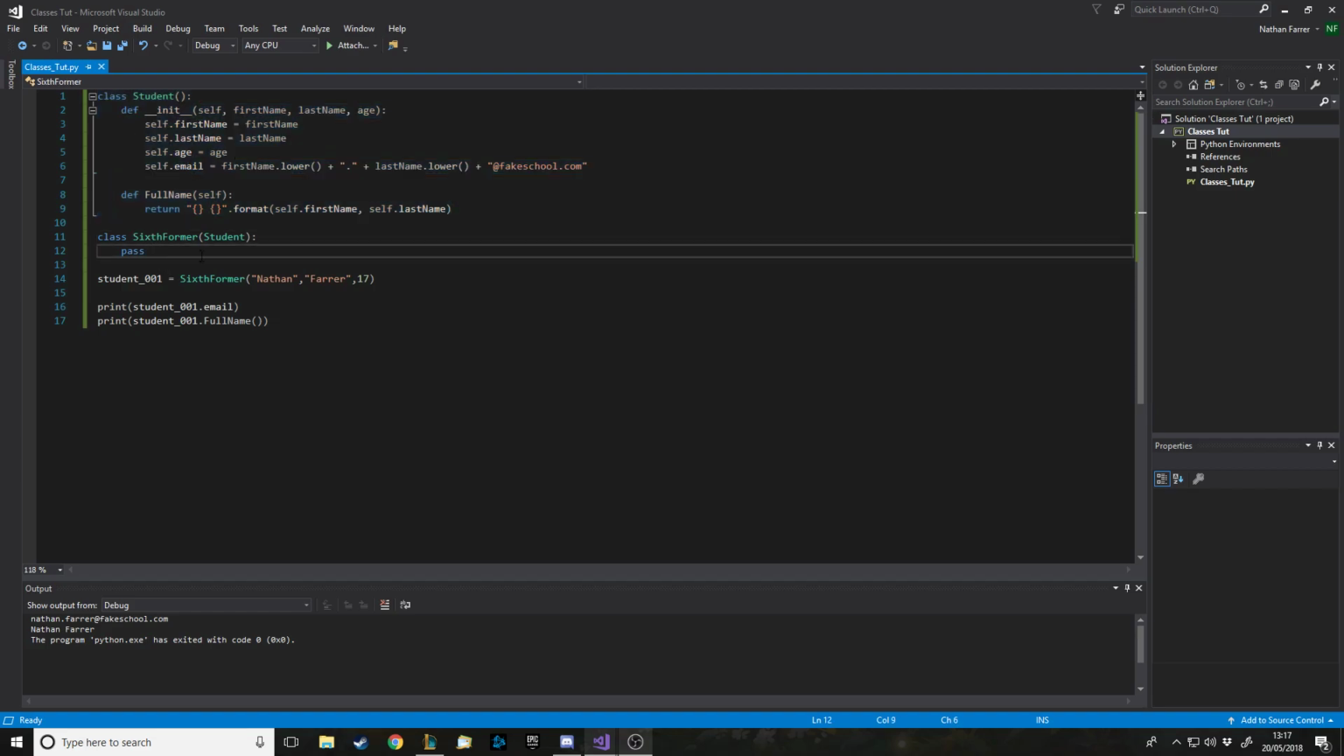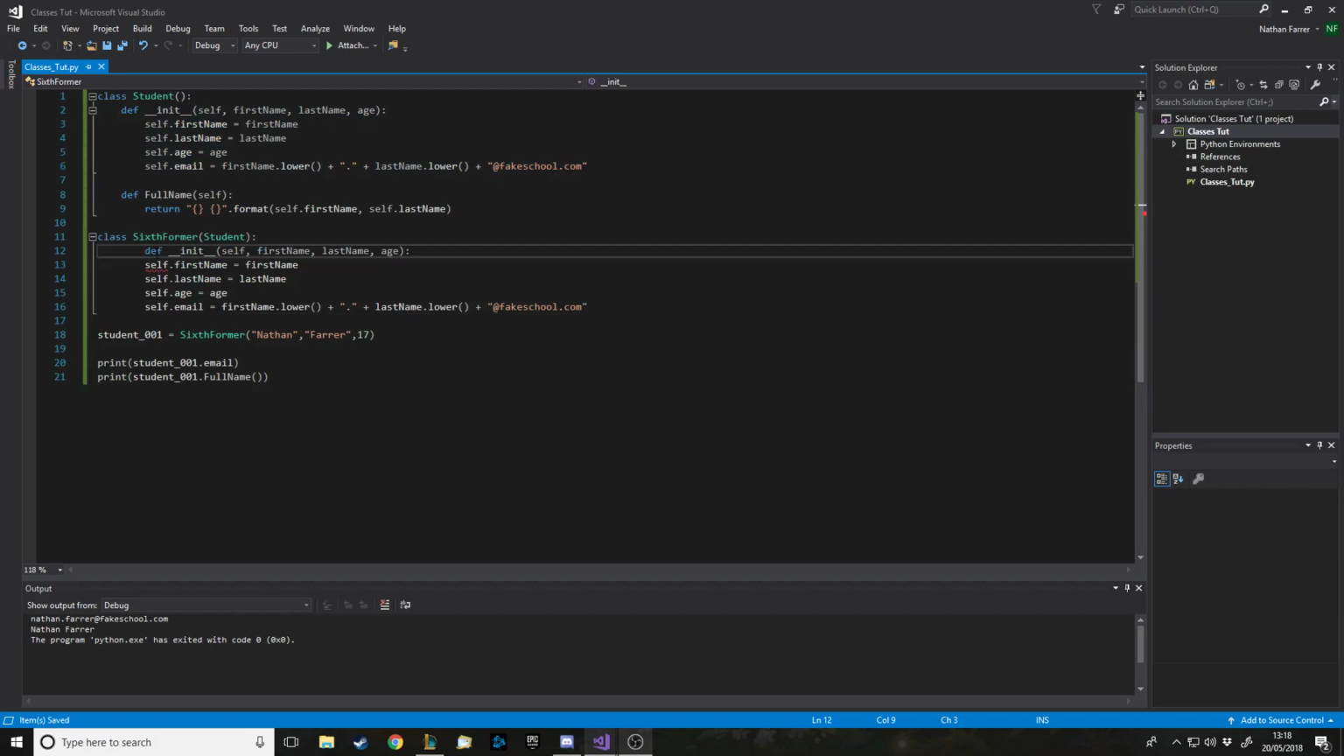So what that means is I can override stuff. If I wrote def init and put more in here, it means that I've now basically ignored this part. The full name part will still work, but the initialize thing will be changed because I've made my own custom one for a sixth former. So let's say, obviously we can copy all this and I can put it in here. And there we go. So let's say a sixth former has a first name, a last name, and age, and